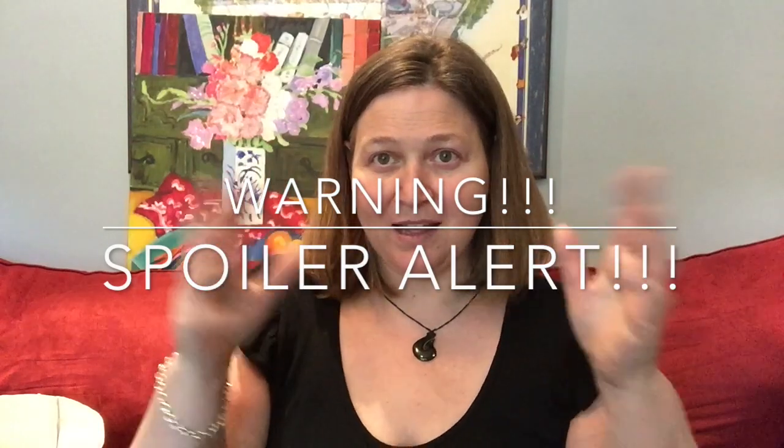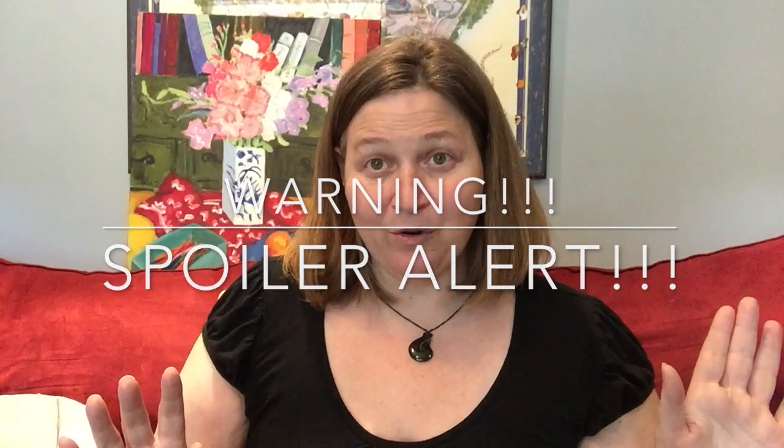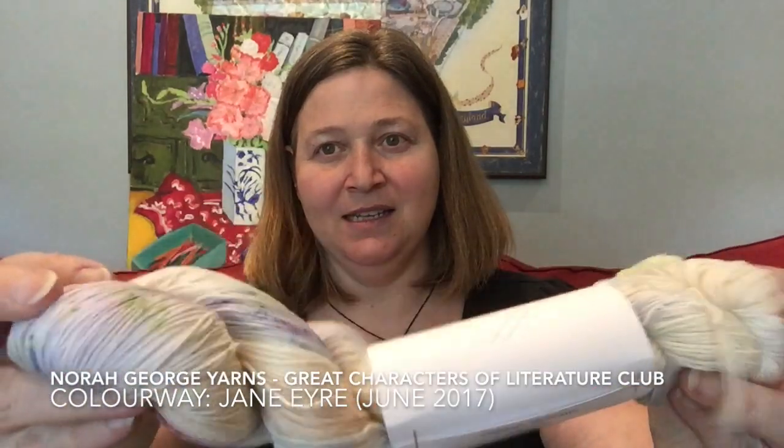Okay, spoiler alert, cover your eyes, cover your ears. A Nora George yarn came my way, and it is beautiful. So, don't want to see it? Turn away. It is from the Jane Eyre. I can never pronounce that. So Jane Eyre had this beautiful surprise colorway, and this arrived in my mailbox earlier this week,